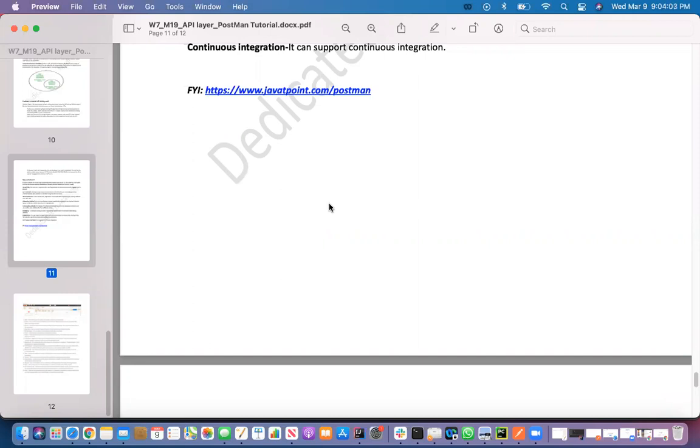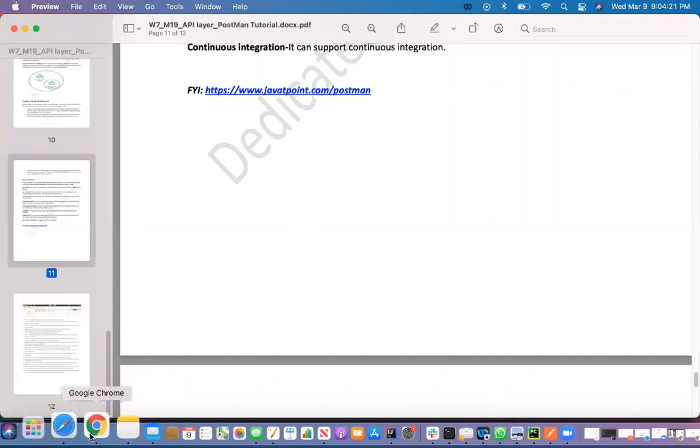Postman is a very simple tool, but as I said, you just need to know the specific JSON format to send a request and then update, delete, post, right? I will show you a little bit later. But before going to Postman, I'm going to